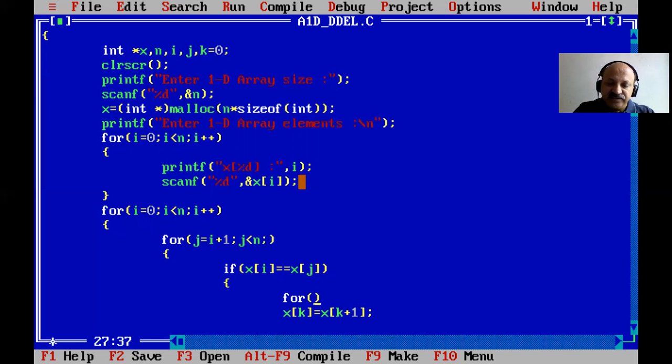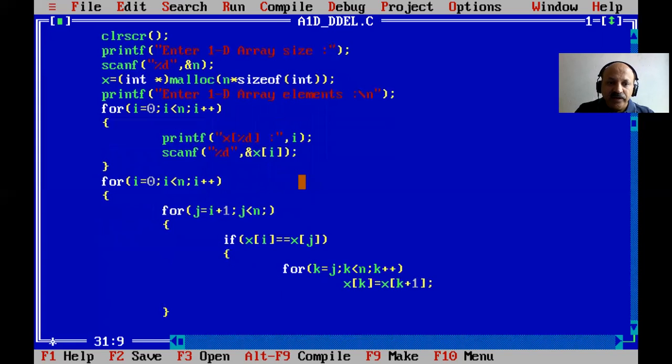So we can start k equal to j. Yes, and k less than n, and then k we have to plus plus. So now that is only one statement, and after the if condition is over we can do j plus plus. Or first n minus minus, so that our size, meaning the size of our main one-dimensional array, is decremented. So that is perfect.